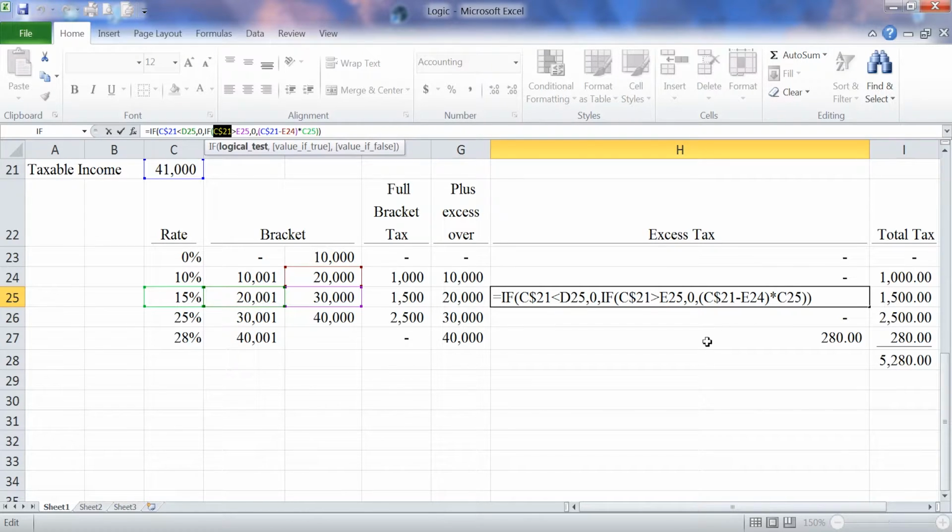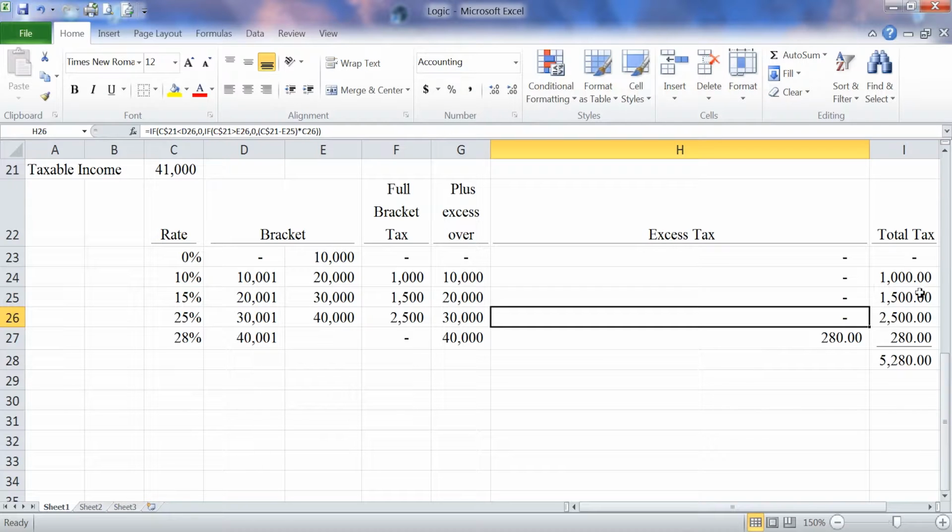Well, if it's already above the $30,000, we're going to get the full bracket, which is what we have here. We have $15,000. For the most part, I don't like to work with hard-coded values inside a formula unless you're returning 0. In this case, I know my C21, my 41,000, is greater than my 30,000. So I'm just going to use the full